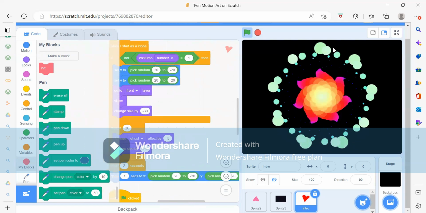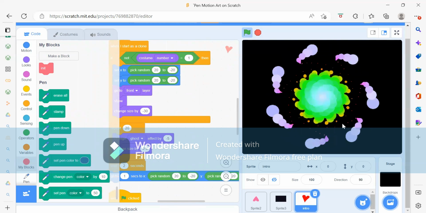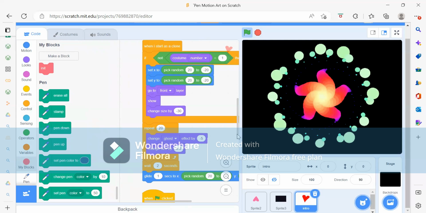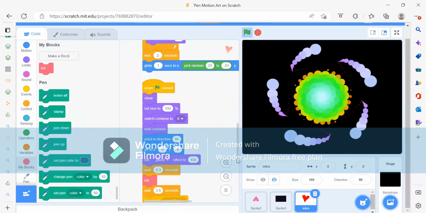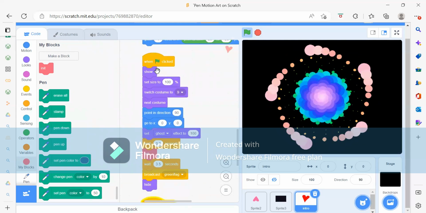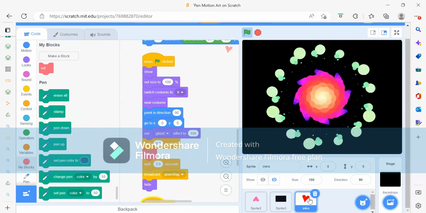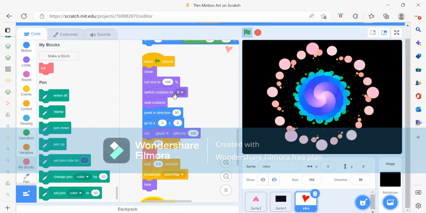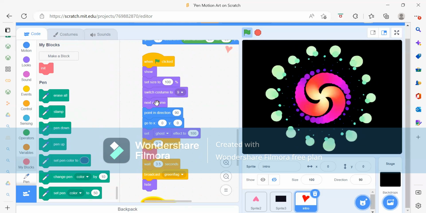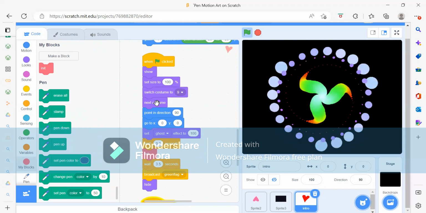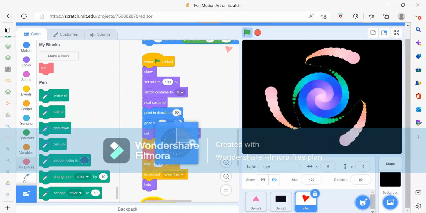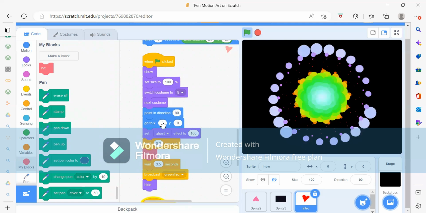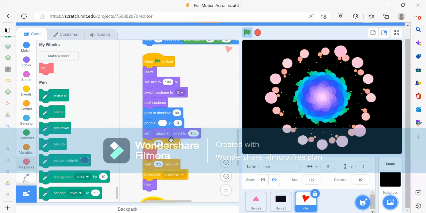As you can see, all these things are not in a fixed position, right? Here we have some random things. And once you finish, when the flag is clicked, we have to show this block. We need to set a size, even switch the costume, and then add a next costume. So every time you get your next costume, we want this direction, which is the right. And then we want to go to our middle part. After